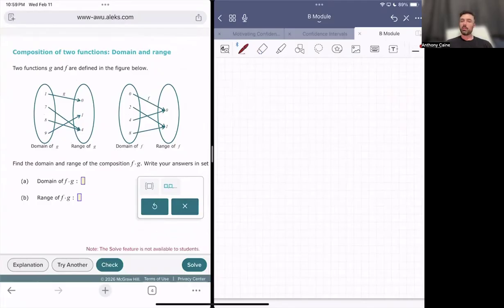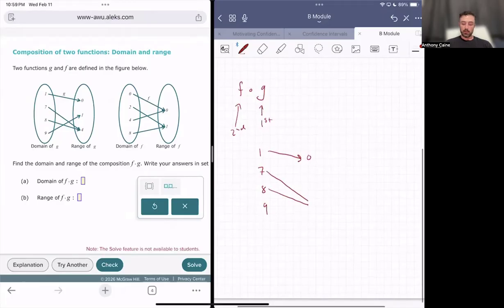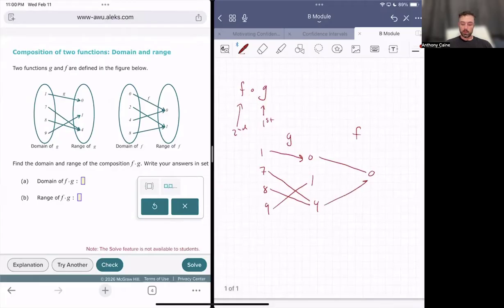So we need to remember, despite reading left to right, so I read f compose g, g happens first, f happens second, okay? So domain of g is 1, 7, 8, 9, and g sends 1 to 0, it sends 7 and 8 to 4, and it sends 9 to 1. And so this is my g column. Now my f column will send 0 to 0. It will send 4 to 0 as well,